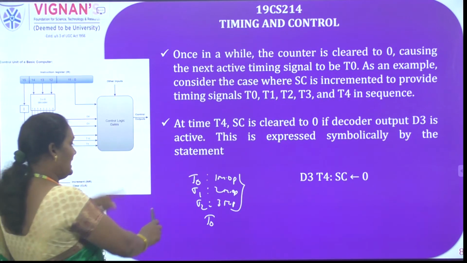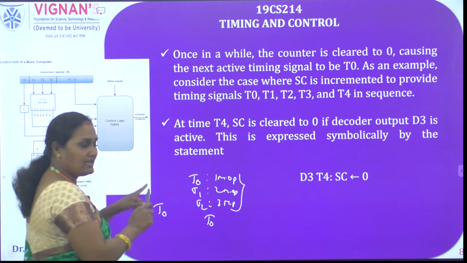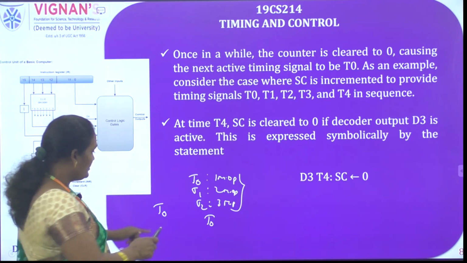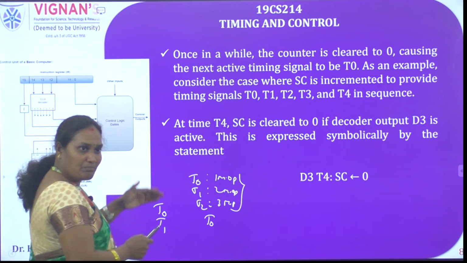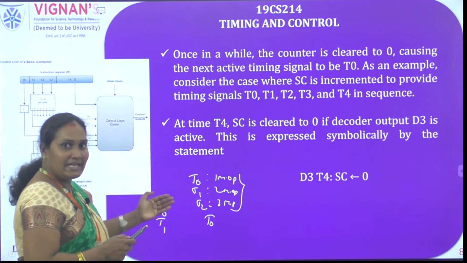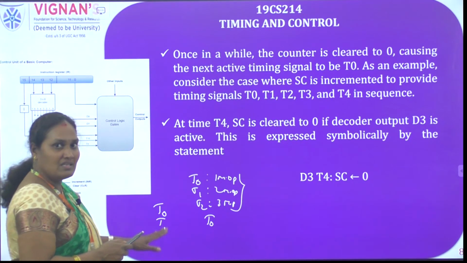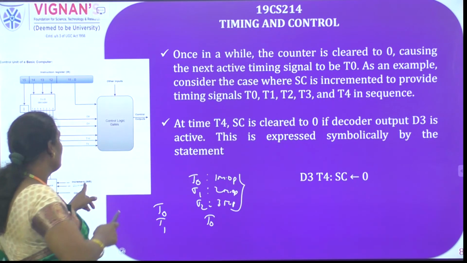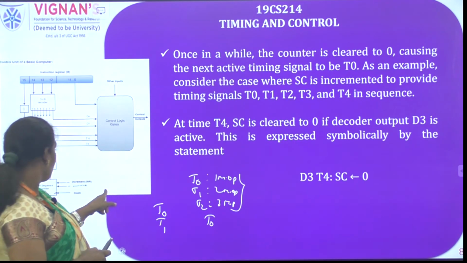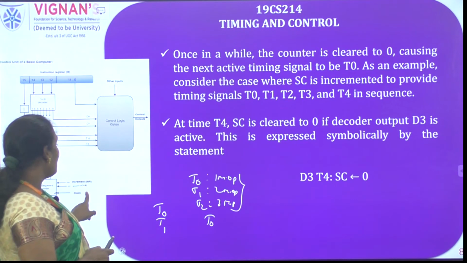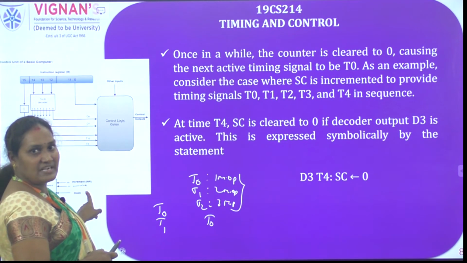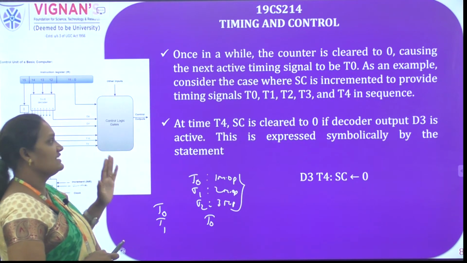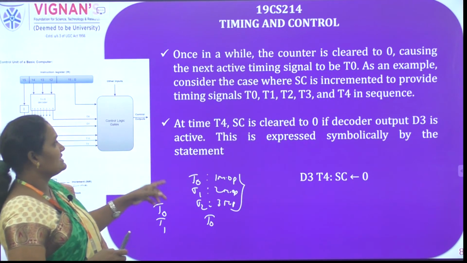After that, first the T0 clock pulse is generated. After the T0 clock pulse, we need to generate the T1 clock pulse. That is, by incrementing the value, it can generate the T1 clock pulse. For doing that incrementation, we provided a control input which is nothing but the incrementer. And this is the master clock generator, which is applied to all the various registers, flip-flops and control logic gates, all the things.